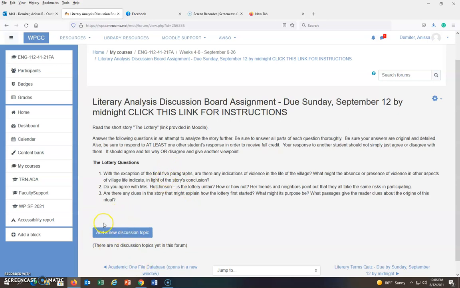You'll add a new discussion topic. You'll click it right here, and then make sure you give it a title, which you could do lottery questions, or you could put your name. And then you want to do number 1, number 2, number 3, and make sure you answer each part of these individual questions. They're kind of open-ended, and there's really not necessarily a right or wrong answer for some of them. So you want to make sure you are detailed in your responses, and that you also respond to at